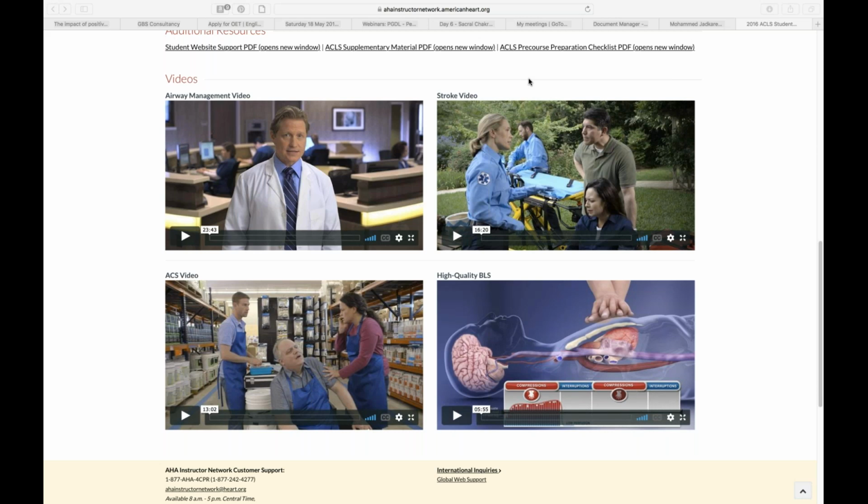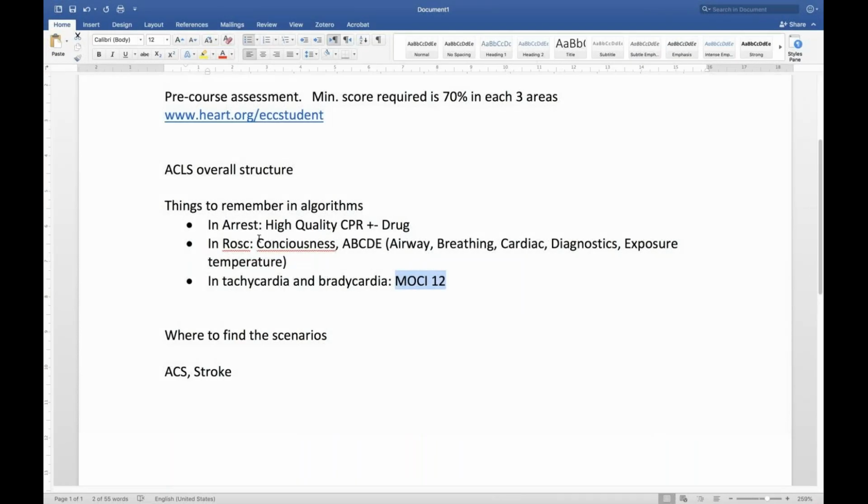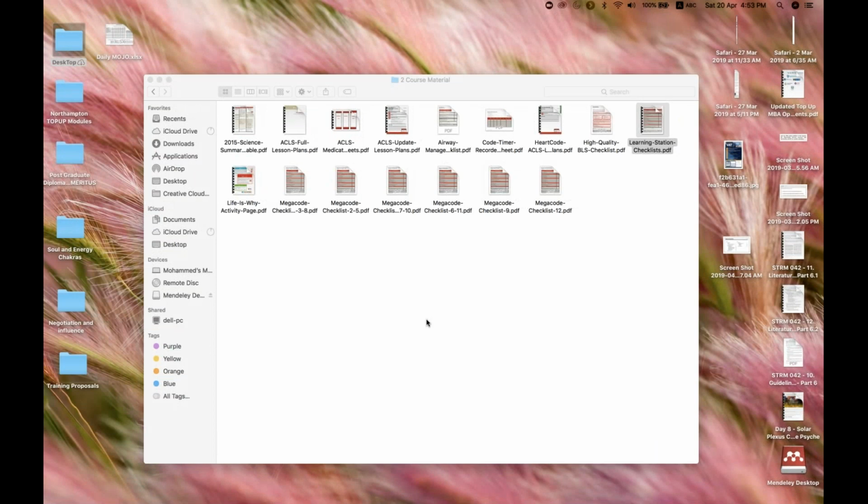Okay, so now I'm remaining with my last part in this presentation, which is where to find the scenarios. Where can you find the exam scenarios for megacode? On your book, I'll just open the camera so you'll see me now. Okay, on your book, in the last pages,